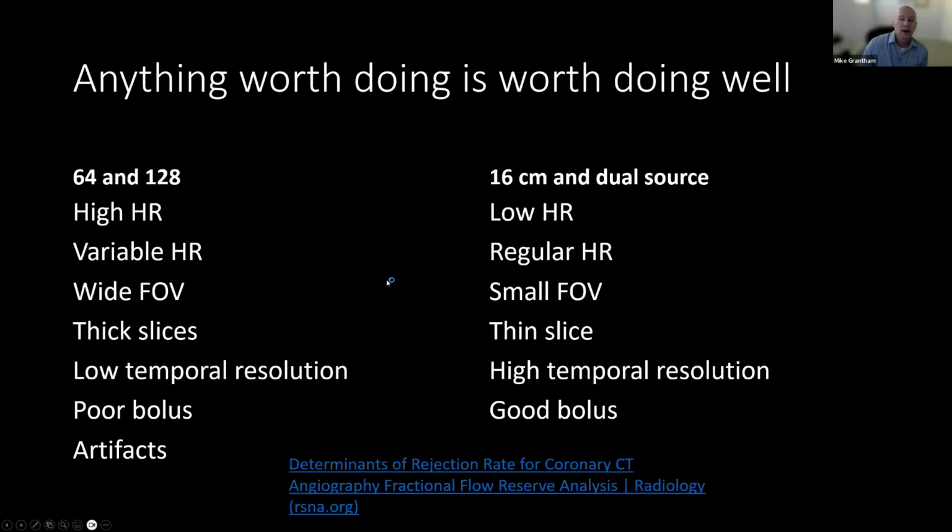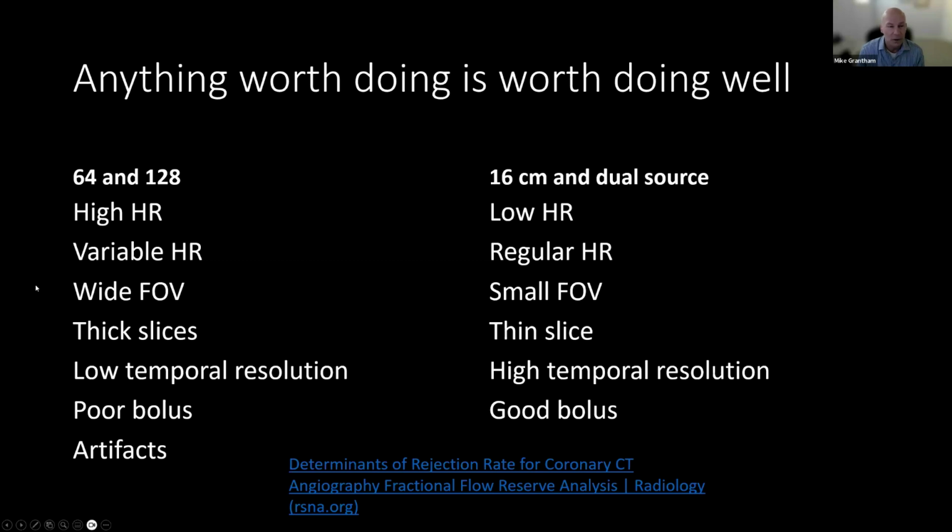So how do you get these good results for your patients? Well, you need good images, which brings up the saying, anything worth doing is worth doing well. A very good predictor of your image quality is your rejection rate if you send your studies off for FFR. If you have a high rejection rate, your image quality is often subpar. And the way they evaluated in this study,